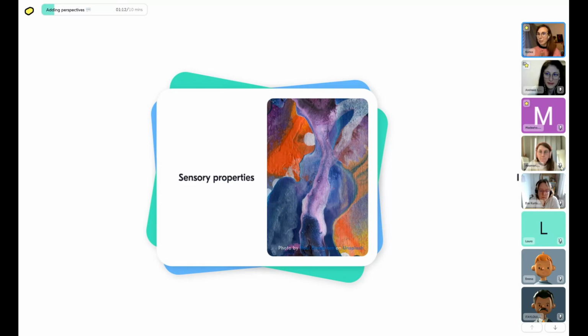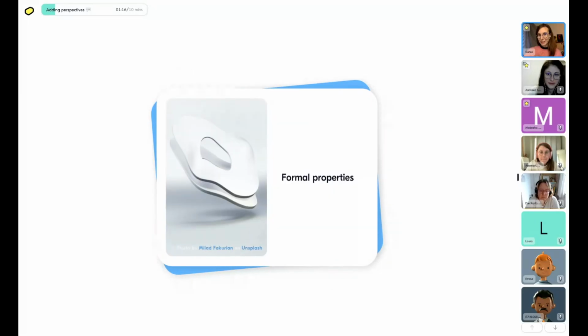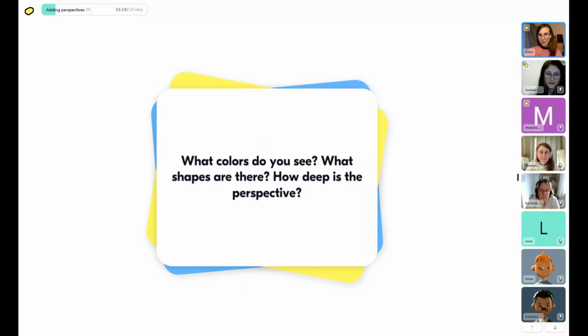You can describe the sensory properties of the image. Sorry, I have to flip it instead of moving. So what colors do you see? What are the shapes on the drawing? How deep is the perspective? Is there more than one shape, or are there lines? Are they thick? Are they long? Are they short? Are they connecting each other? So all of these